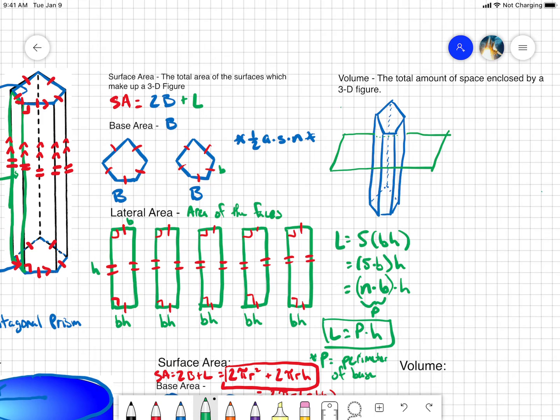Anyone? It'll be a pentagon, right? Because if I slice this thing, it's going to hit here, hit here, hit here, hit here, and hit here. Okay? So essentially what I've created on this plane here is, since we already know that the top and bottom bases are congruent,